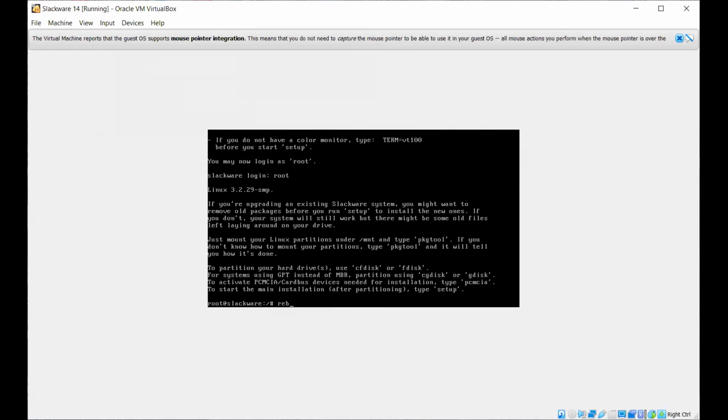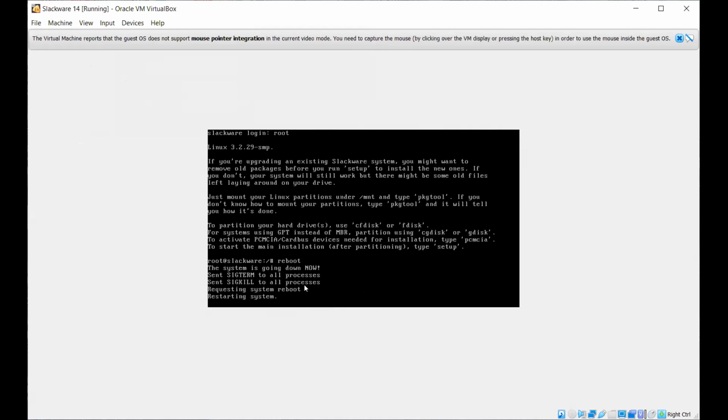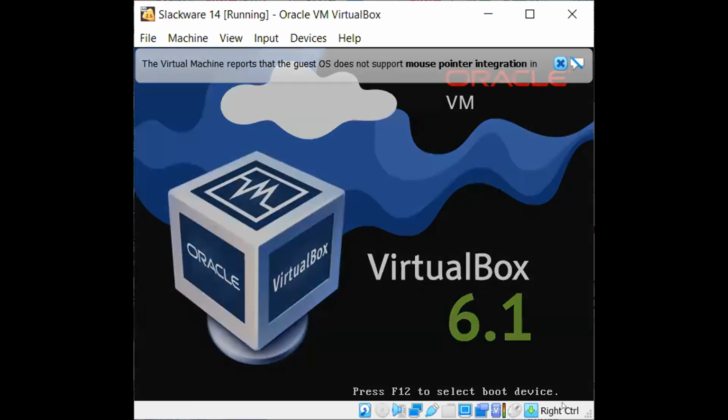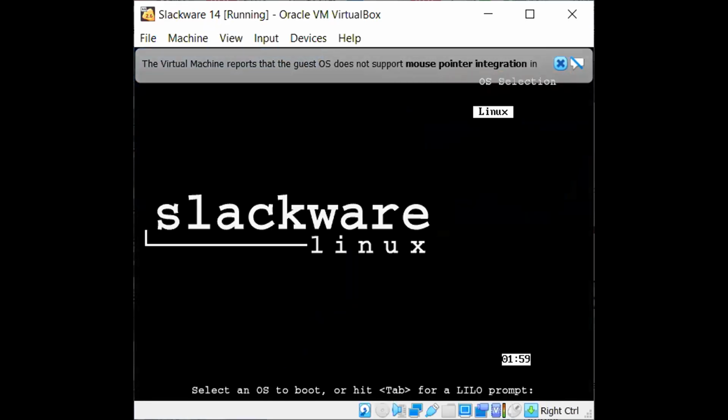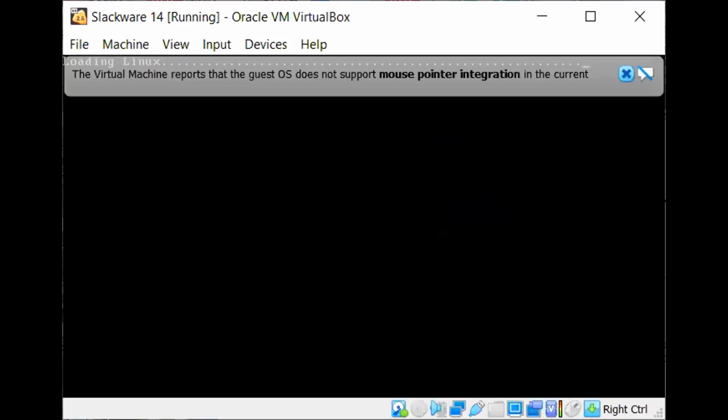I will reboot again because I have not unmounted the previous installation. Now you can see we have the Linux installation.